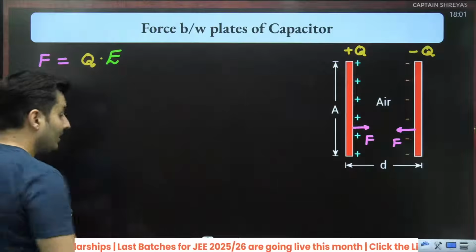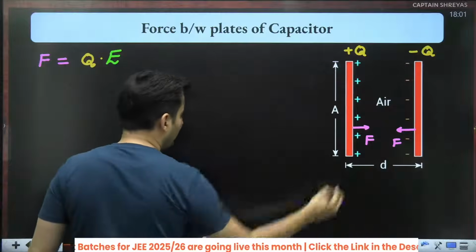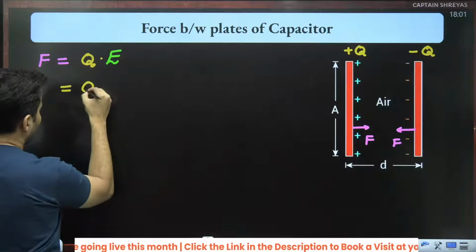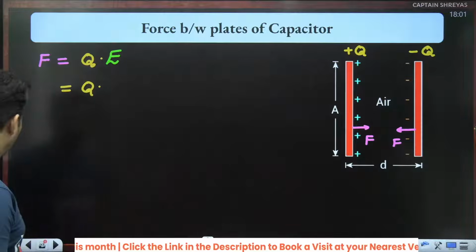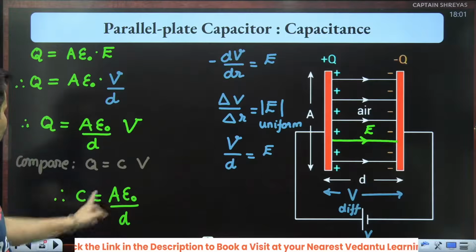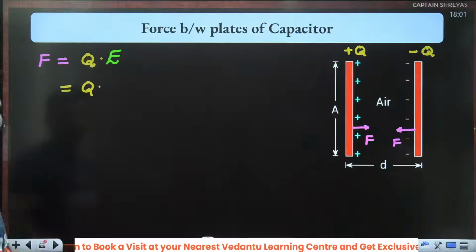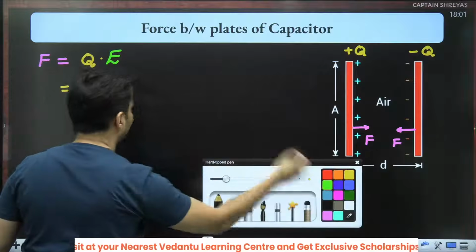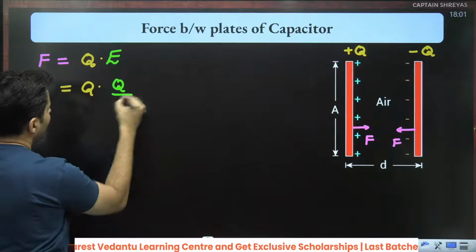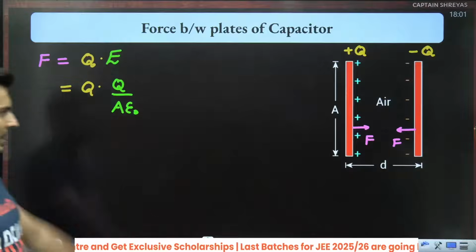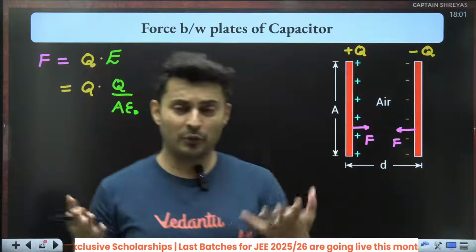multiplied by the field. Now, I'm deliberately going to do something wrong over here. Observe what I'm doing wrong, and you tell me. Electric field. Sir, you already gave the formula, sir. Electric field. Where is it, sir? Here. Q by A epsilon naught. Okay, perfect. So why not put the electric field as Q by A epsilon naught? And then the answer will be Q square by A epsilon naught. That is what the force will be.